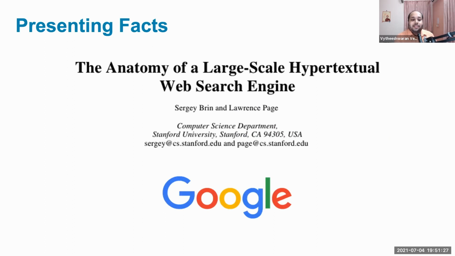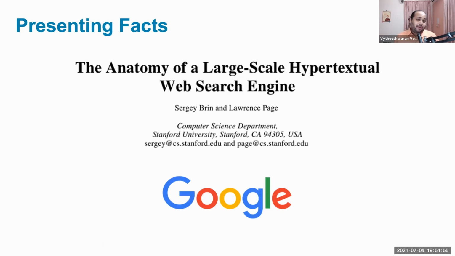This screenshot gives the title of the research paper. It gives the source of the research paper, because this is what really matters. And you give the logo of Google, where you're saying visually that this is the paper that gave rise to Google. So not only does this communicate the message in a very effective manner with a lot of breathing space for your elements, things are well spaced out.